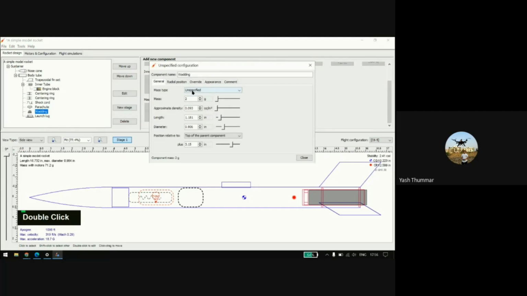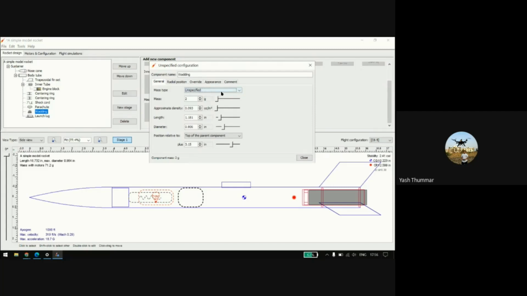There is also the unspecified option, or you may specify some kind of tracker, the payload, altimeter, battery, some kind of recovery hardware, or some specific uses. You may use this mass type. Depending on this, you will find the changes in this option. Okay, so it will give the option.